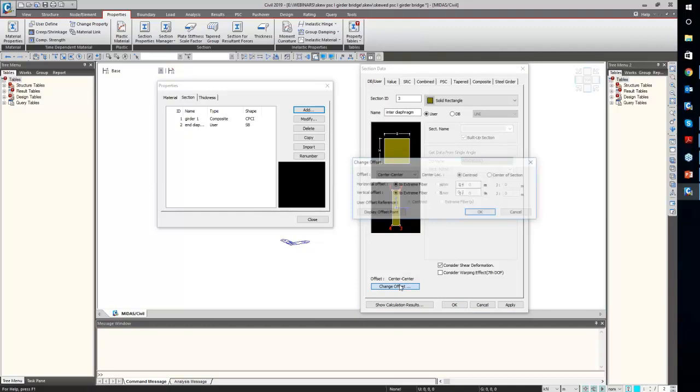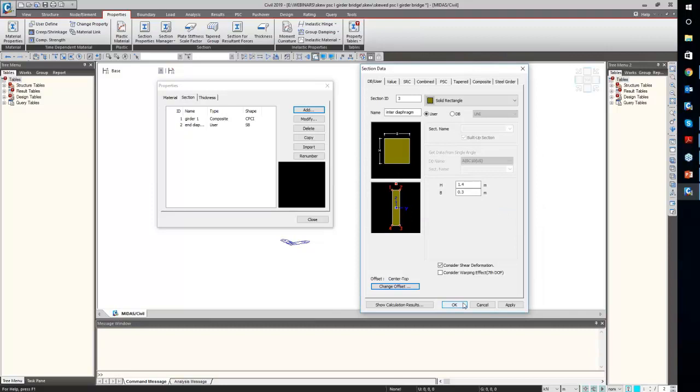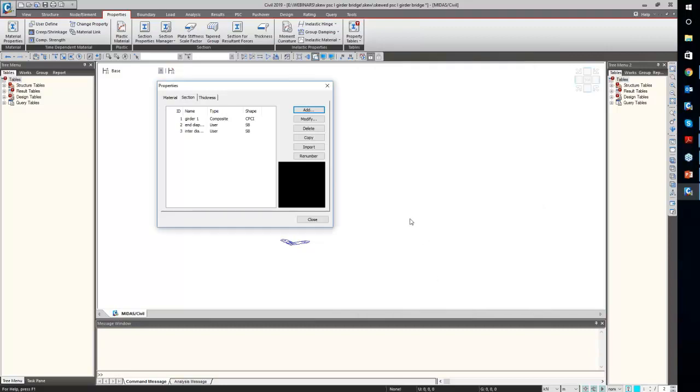Point 3 section. Again the offset is center top. Again I will give it as minus 0.25 from extreme fiber. Okay, once I have defined these sections, now I need to define